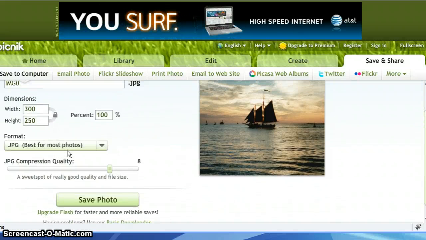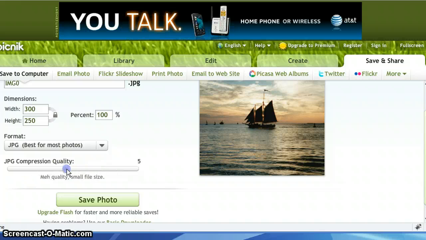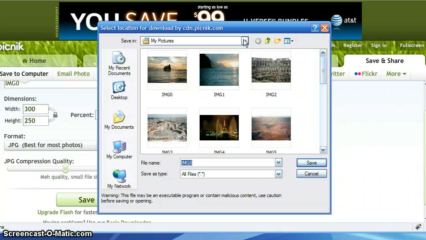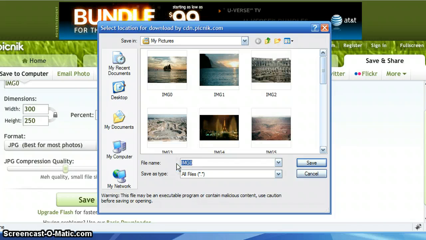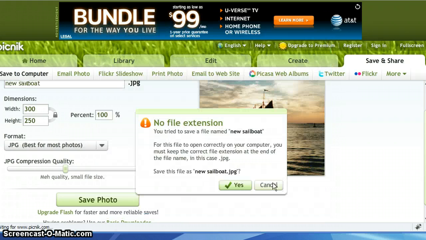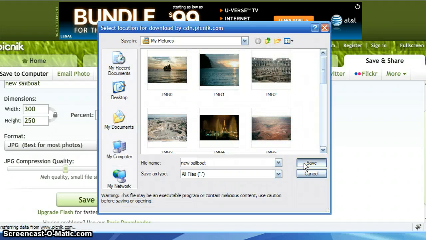Oftentimes you don't need super high quality for these smaller images. We're going to go ahead and save the photo. We're going to save it to our pictures here, and we'll call it New Sailboat. Hit Save. It's going to say, do you want to put this JPEG file extension? I'm going to say yes. We'll save it,